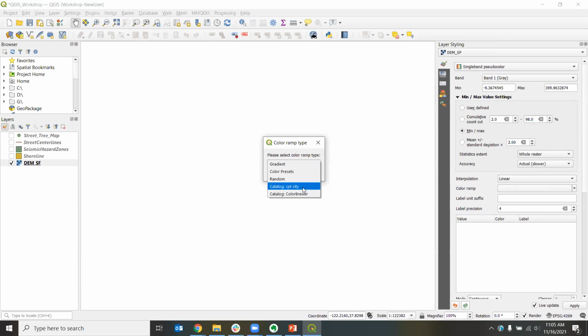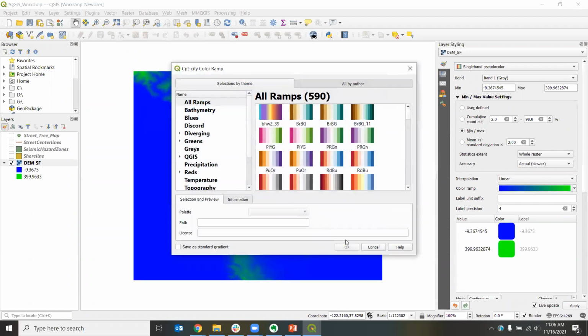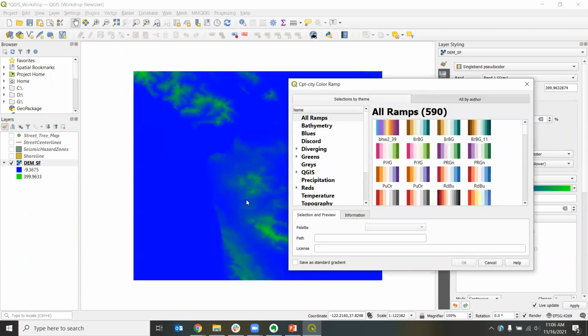So I'm going to pick this first catalog option called CPT-city. So off that menu, again, I'm picking CPT-city. And I'm going to click OK. And that's going to open up this menu with a whole bunch of pre-made color ramps. And you can see in the background here, it loaded the first one. And this is not what I want, but at least now I can see my data, so I feel a